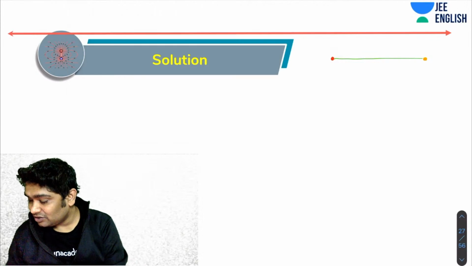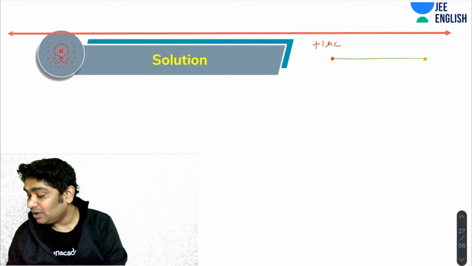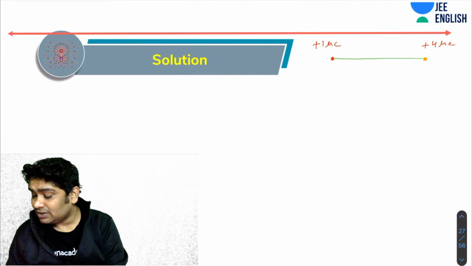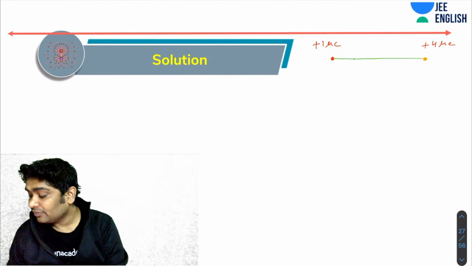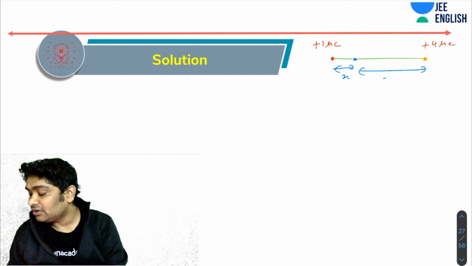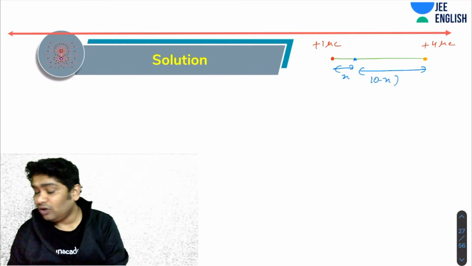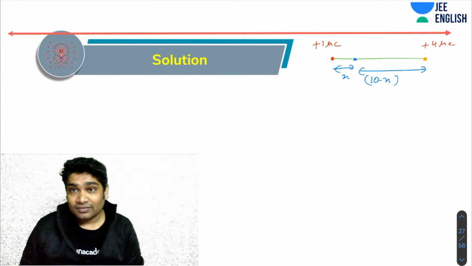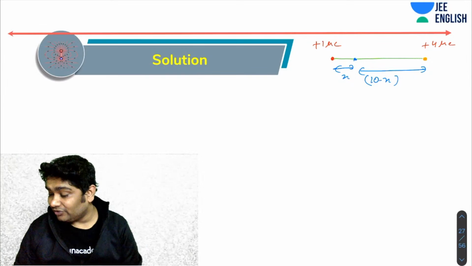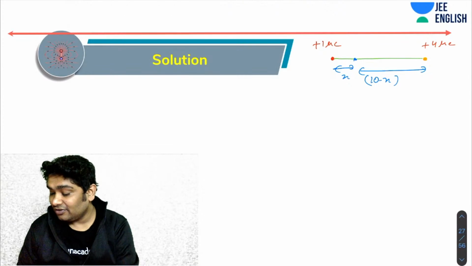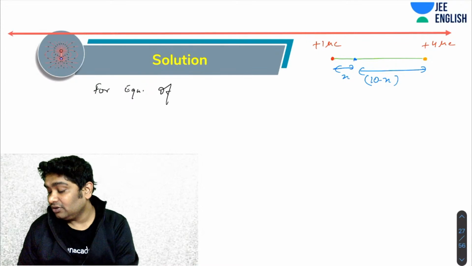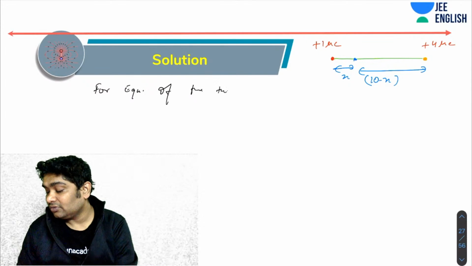This is plus 1 microcoulomb and this is plus 4 microcoulomb, and the third charge is getting placed somewhere here, which is at a distance x here, and this is 10 minus x. Correct. So for equilibrium of the third charge,